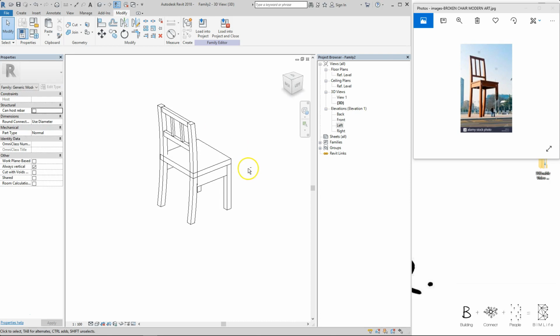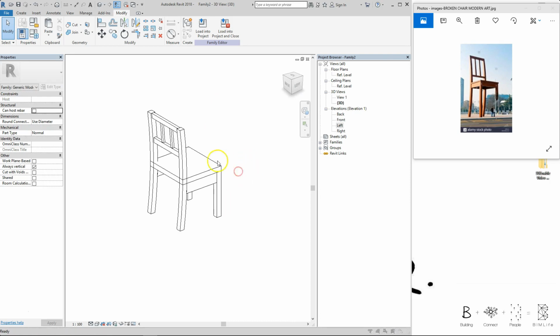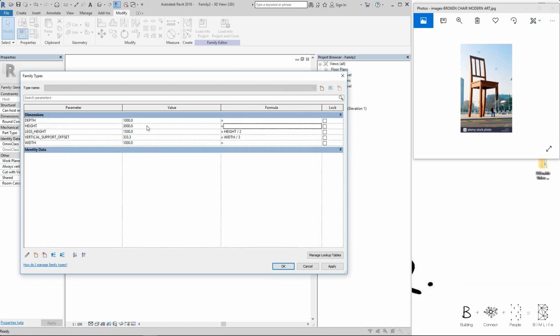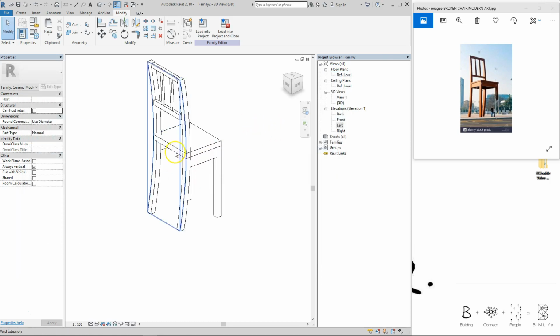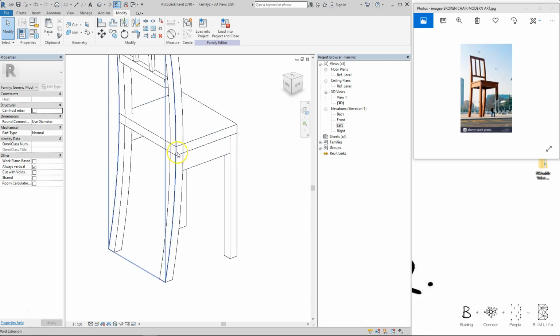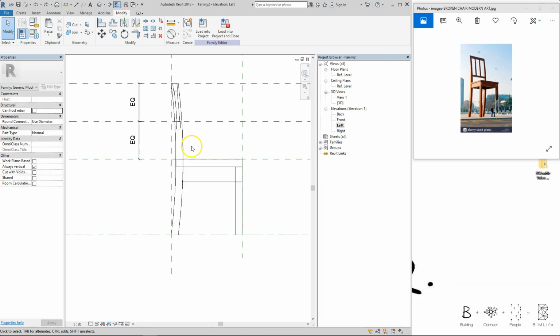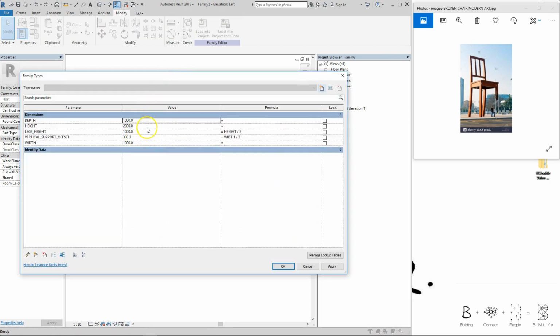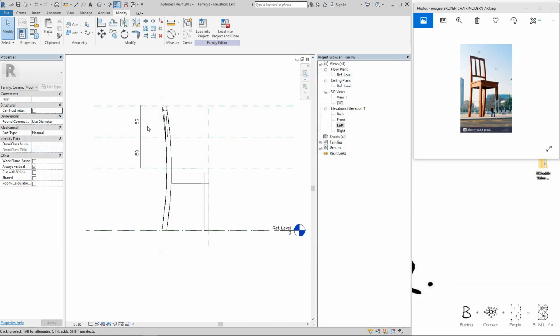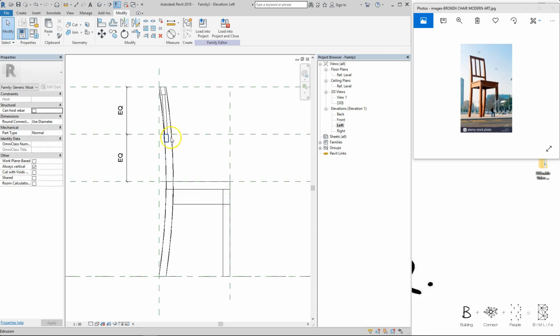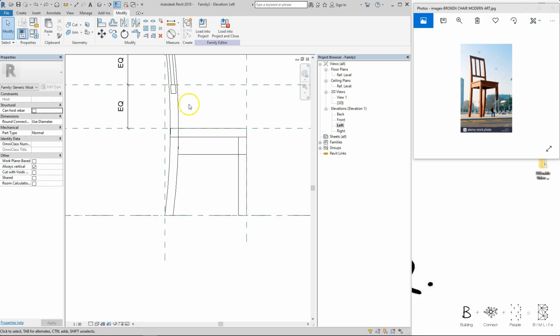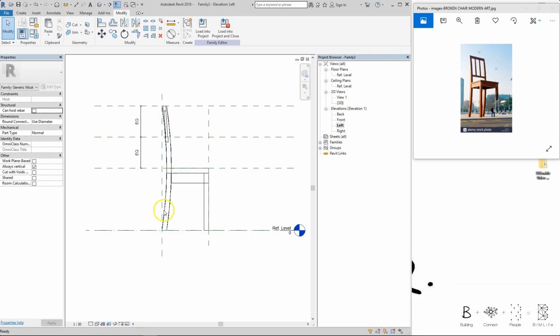Okay, so when I make adjustments to the height to maybe 3000, you can see that it's always going to be cutting, adapting to the curvature of the legs. Maybe I'll do it in the left elevation so you can see what's happening better. So I change this back to 2500. You can see that oh, here is something wrong over here. Later I'll make some fixes on this portion. But as you can see, the back is still working very well. Alright,